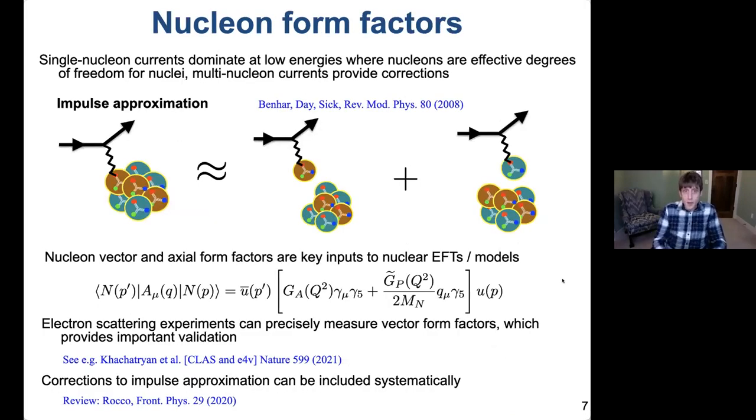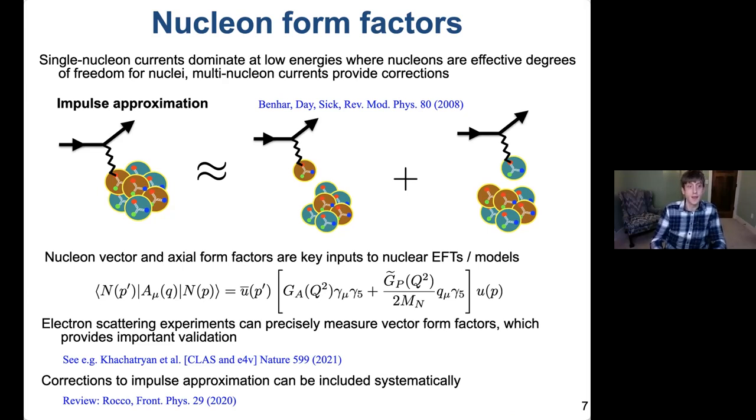And in particular, the nucleon is the easiest lattice system of relevance here. And the relevance is really through the impulse approximation and its generalizations. That at scales where we resolve an individual nucleon instead of the coherent scattering off the whole nucleus, you can approximate the neutrino-nucleus cross-section as a sum of form factors involving the individual nucleons times nuclear spectral functions showing how they're distributed throughout the nucleus. And so these nucleon vector and axial form factors are key inputs to nuclear effective theories and